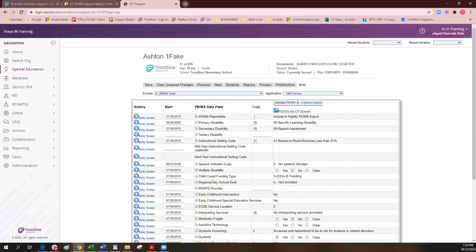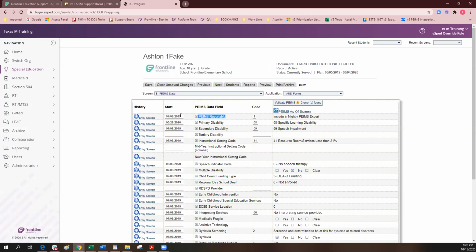Question: can you walk us through the error message "primary disability date is before the first PEIMS reportable date"? That probably means you have a back and forth with us, that you do have an import export with us. So you can have a primary disability date before the reportable date. I can't have a primary disability date that's 10/1 and then have a PEIMS reportable date of 11/1. You can't have that. So you have to backdate